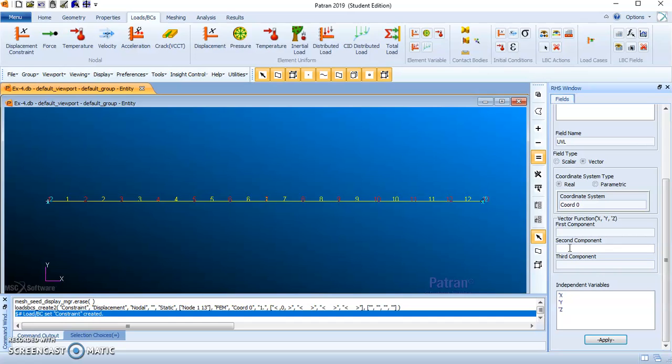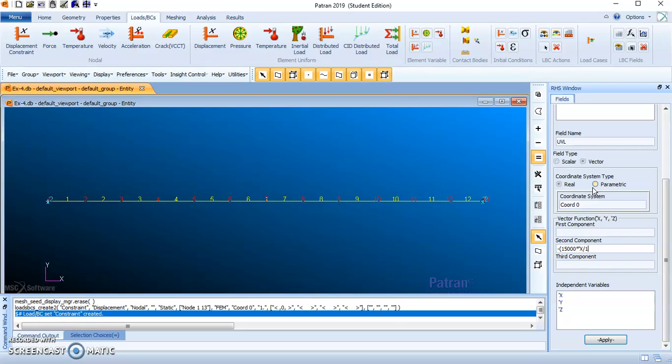In Y direction, we have minus, open the bracket, 15 1000, that is 15 kilonewton, that is the maximum, star, it varies in x direction, divided by that length upon which UVL is acting.